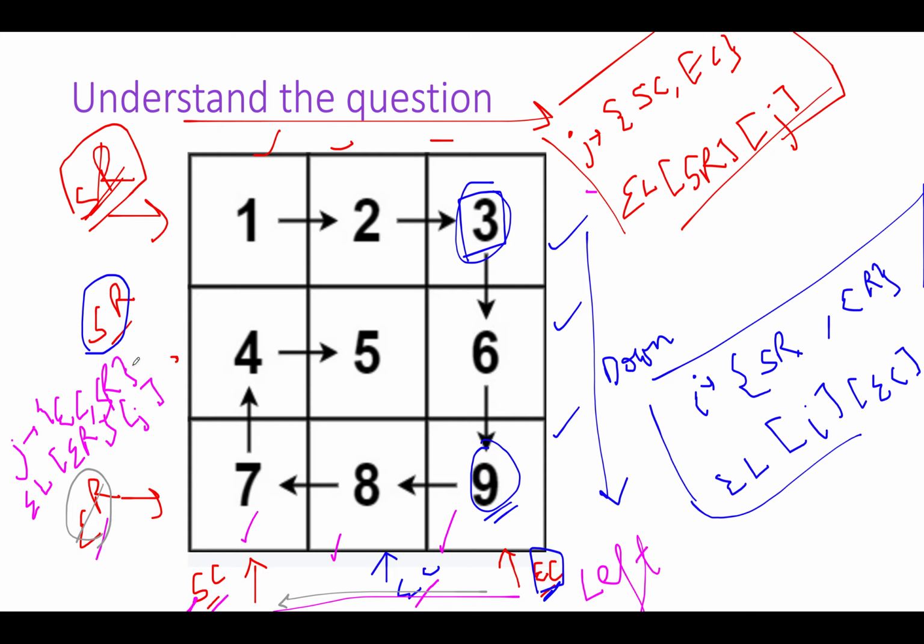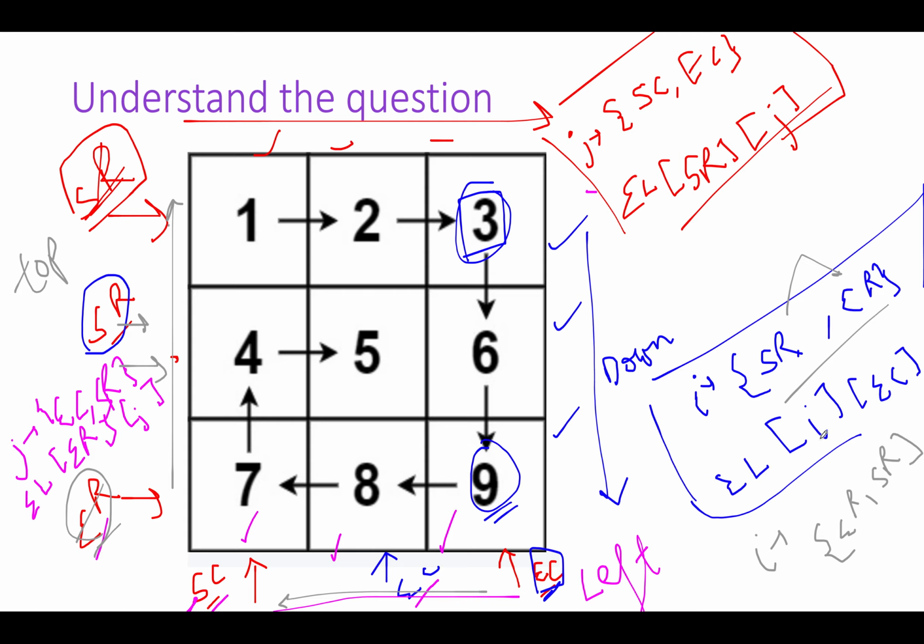So ER now points to this particular row, and now we'll move from the bottom row to the topmost row, towards up, and the variable parameter would be I here. It will extend from ER to SR. So this would be the reversal of these two parameters. I will move from ER to SR.